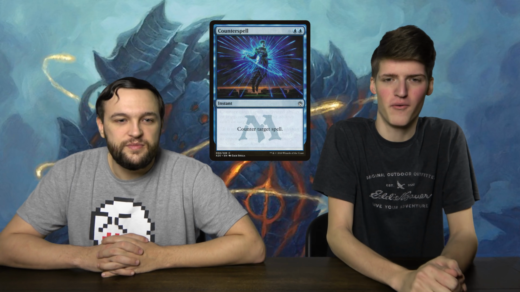I guess we can lump Void Slime and Disallow with Counterspell, except I wanted to put them in a different spot because I think these cards should almost never see play. I think they're horrible. I think Void Slime is a card that should never see play. I think Disallow is a card that should only see play in a budget deck. A budget deck? No, not...